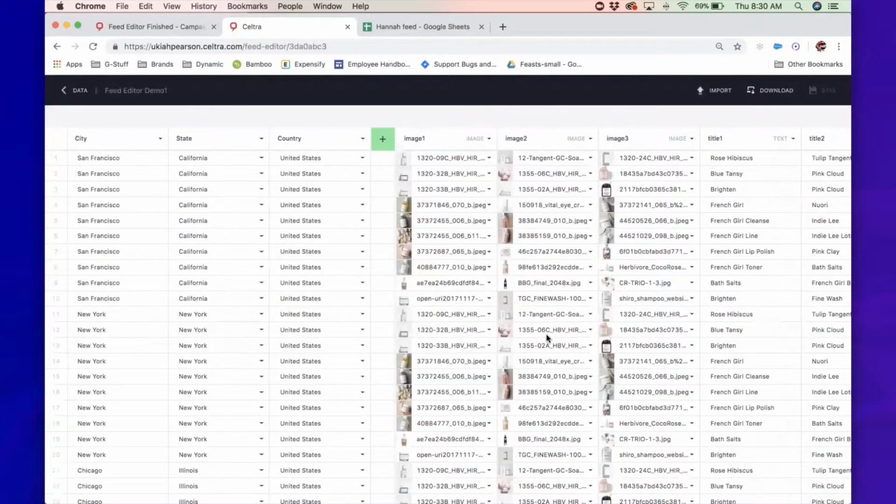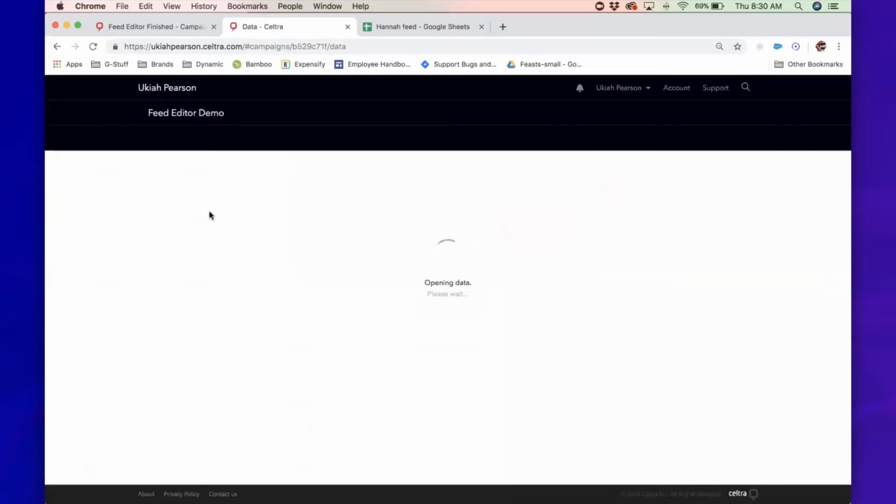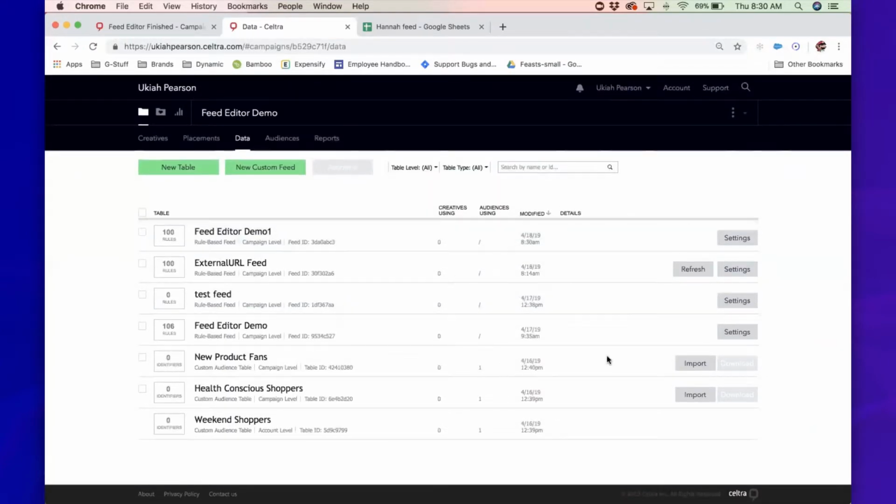Cool. So we're gonna go back to our campaign now that this is all set up. I have a few feeds in here now just because I did the one from the external source. I set this one up yesterday. You can delete this. So you'll notice that when you have set up your feeds, you're kind of shown how